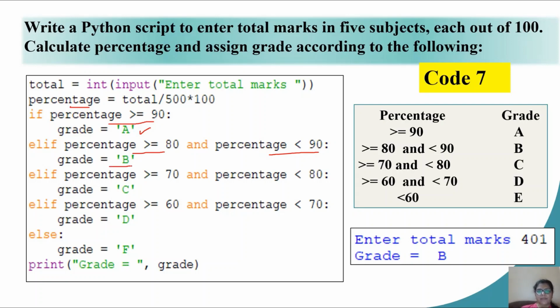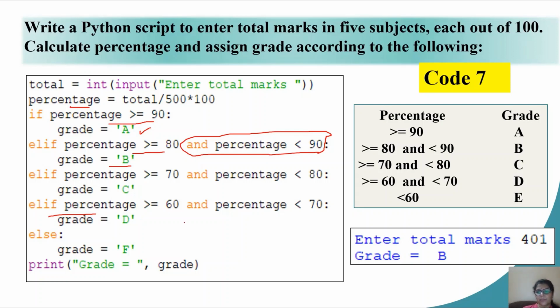Children, in this case, we need to take care: if I am checking in the else part only, this automatically implies that the percentage is less than 90. So here, I may or may not write this AND part because this is automatically implied. Some programmers prefer it without the AND part. This is my personal choice as well. So next I write elif percentage greater than 70, grade is C. Elif percentage greater than 60, grade is D.